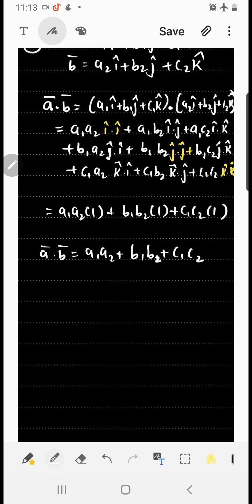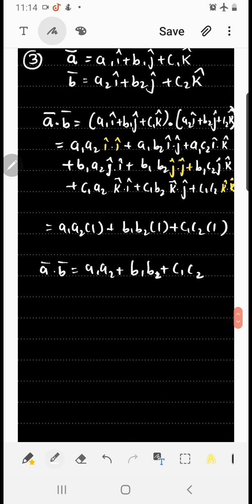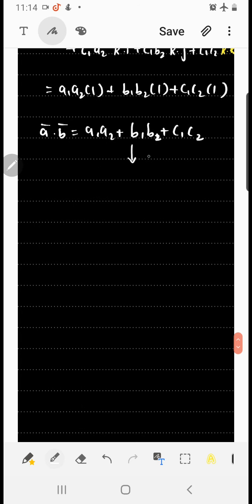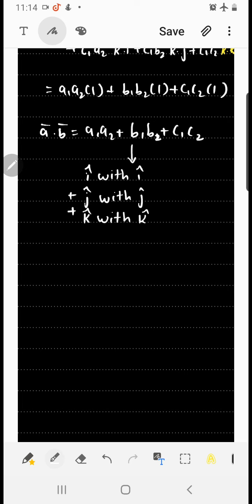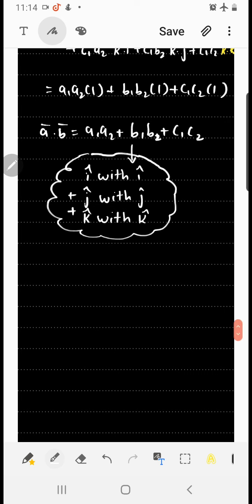Okay, so this is the formula which you should remember as a calculative concept. Now, in actual sums, we are not going to follow this particular format. Rather, if I ask how to perform dot product, you will say i with i, j with j and k with k, and we add them. So next time when I ask how to calculate dot product, your answer would be i with i plus j with j plus k with k. This has to be your dot product result.